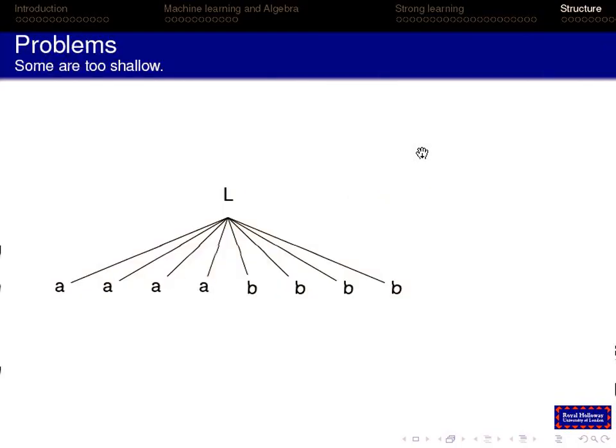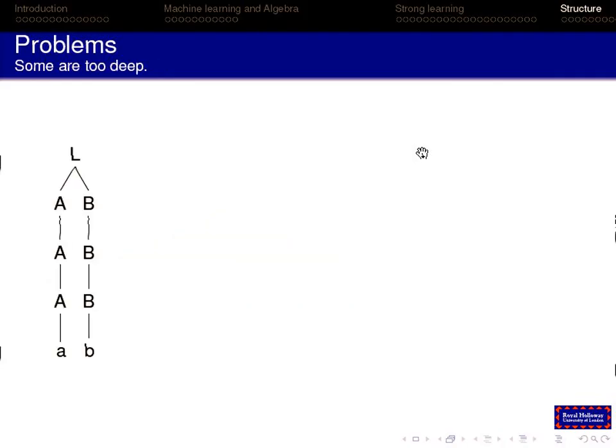Now, we're considering all the images of all possible parse trees and all possible context-free grammars. So we're clearly going to have two degenerate cases. One degenerate case is where our parse tree is going to be too shallow, like this. We'll always have something which has no structure but just a list like this. We're also going to have ones which are too deep, where we have this sort of structure. Both of these are wrong, right? We want to factor these out.